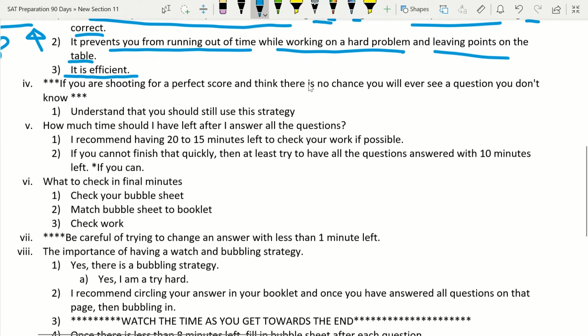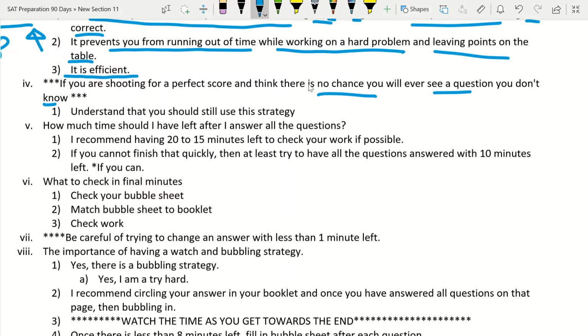So just one quick other thing I want to cover. I know that some people watching this are probably shooting for a perfect score or a near perfect score, and they think that there's really no chance that they're ever going to see a question that they won't know. Now, here's the thing about that. The SAT, it's not given very often, right? It's only given, I think, around 8 times a year or something like that. Don't quote me on that, but if you're only given this test about 8 times a year and you're going to have to wait another 1 or 2 or 3 months to take it, you really want to make sure